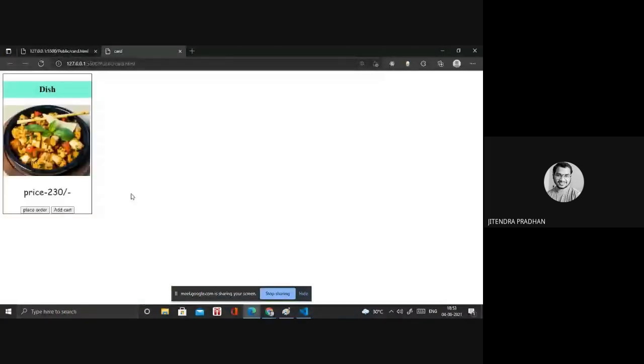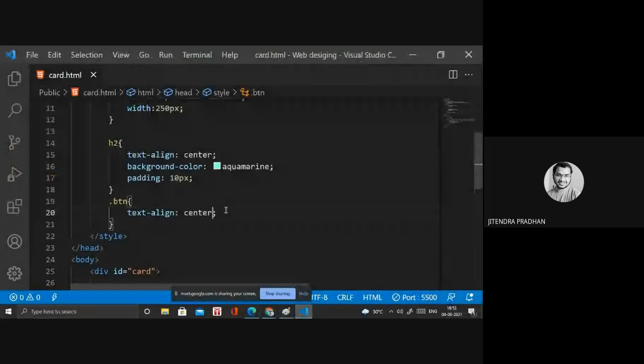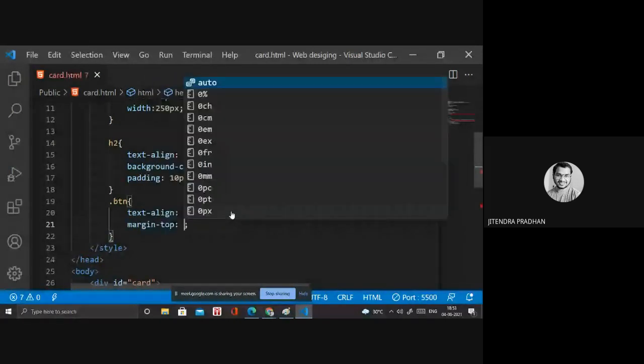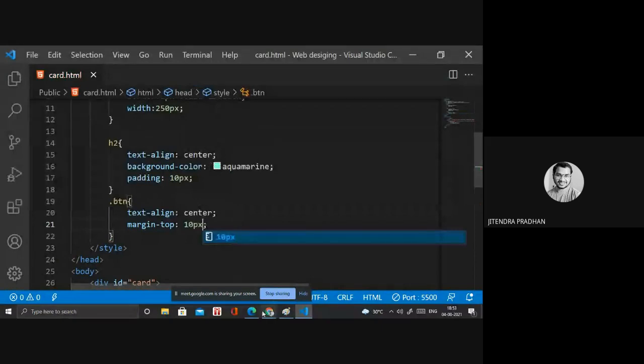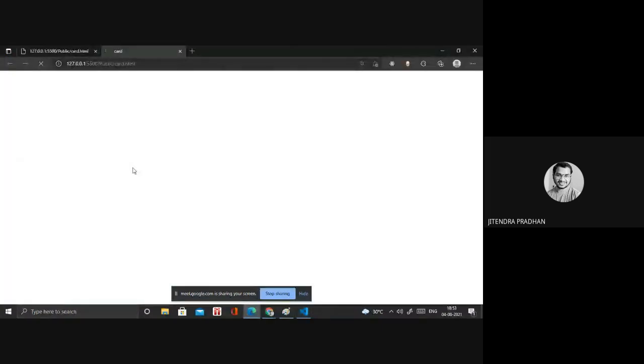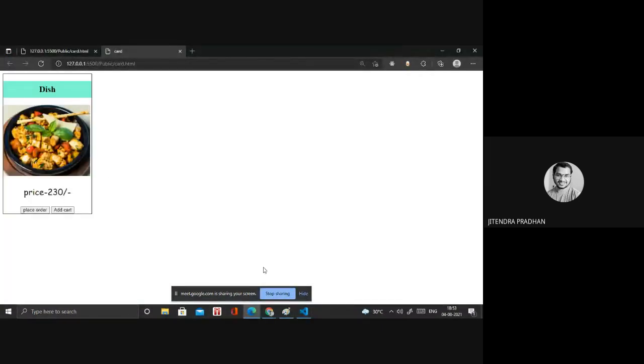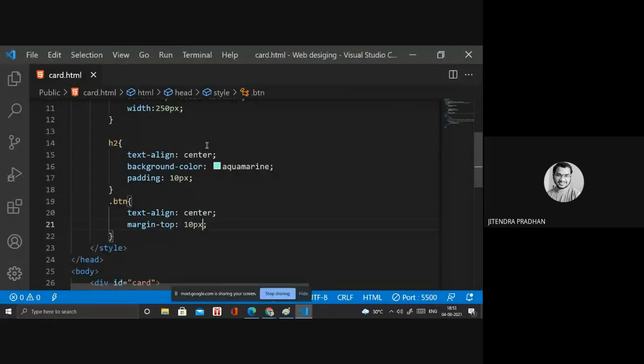Okay, done. If you need the button to be a little upper side, you use margin top. It's 10 pixel or whatever you need. Yeah, it's a little upper, but I need more than that, so I will give 100 pixel.